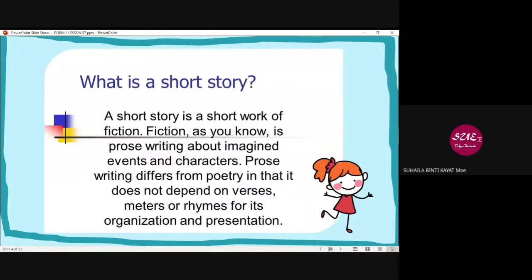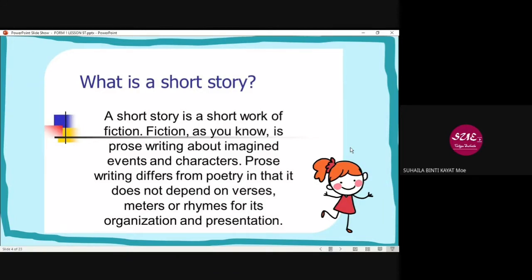Alright, okay. What is a short story? Okay, a short story is a short work of fiction, alright?